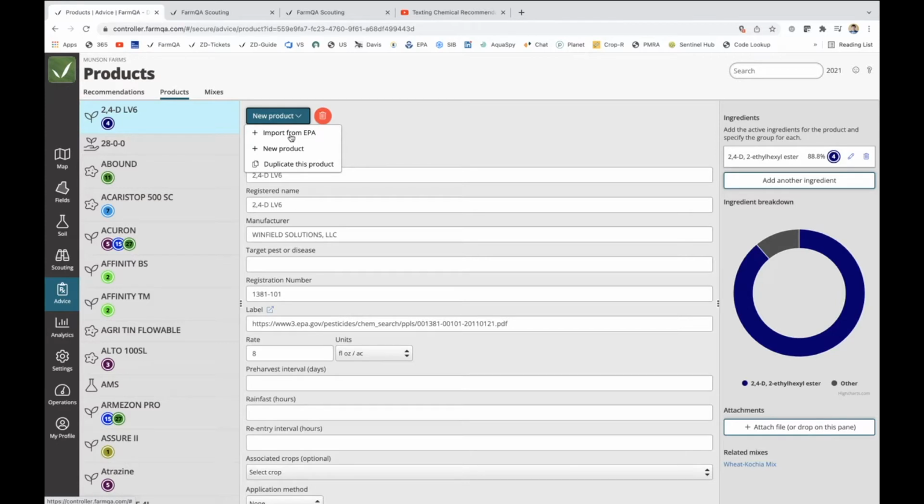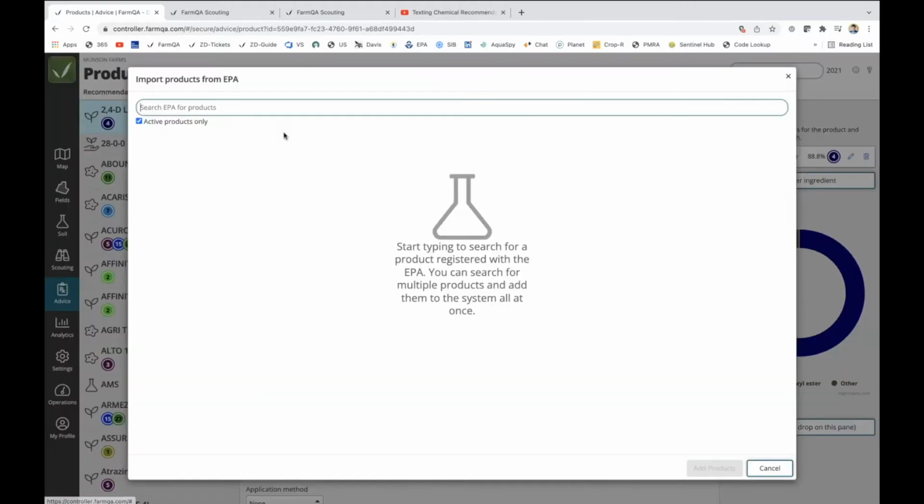So obviously this is more specific to our US customers. However, if you are in Canada, you could still import from the EPA, which would then populate with your active ingredients, your mode of actions, but then you could simply adjust the registration name, and if you wanted to put in a different label, you could do that as well. Regardless here, I'm going to click the EPA, and this is pulling data via an API